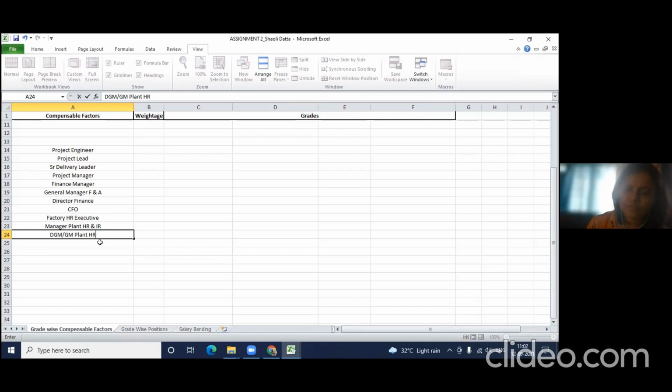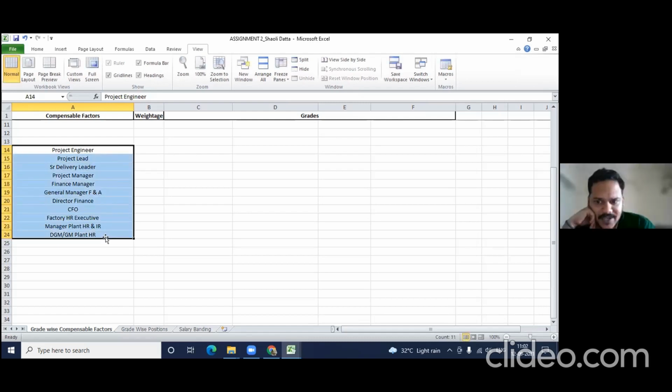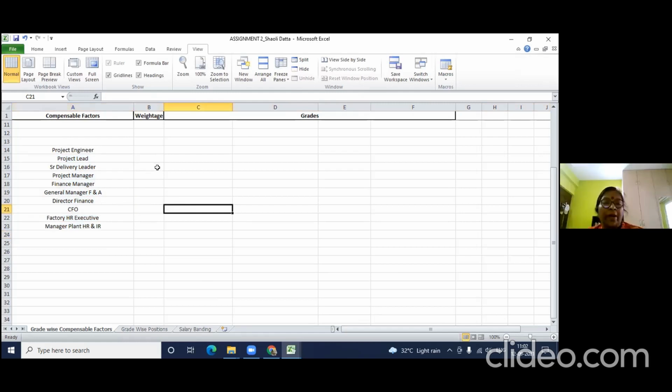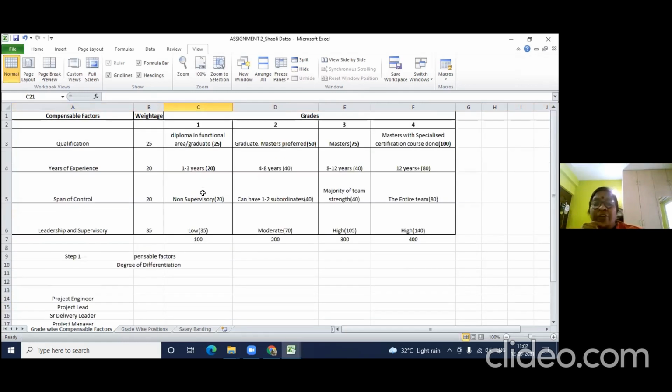Here we had a lot of positions. We will do all or 10? No, 10 positions are good enough. Let's do 10. Okay, we have 10 already. Yeah, we have 11. You can knock off one, no problem. Okay. Now you have to calculate your point value.